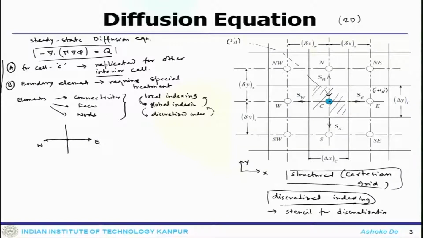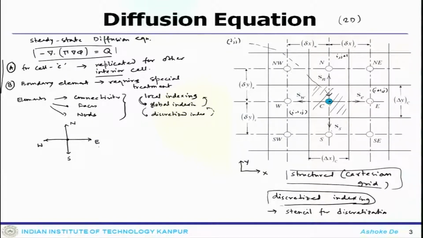So, this is how we define our direction also. This could be I minus 1, j; these are local indexing. Then up of it is north, that should be the I, j plus 1 cell, and the down, underneath of it, is south. So, it is actually how a compass shows the thing. That is the convention followed in the finite volume algorithm, and eventually that makes life much simpler to understand the discretized indexing, or rather it becomes easy to grab the idea.